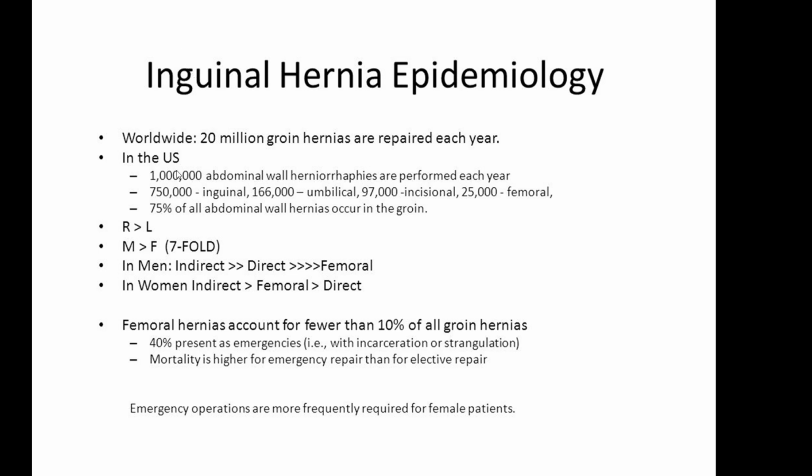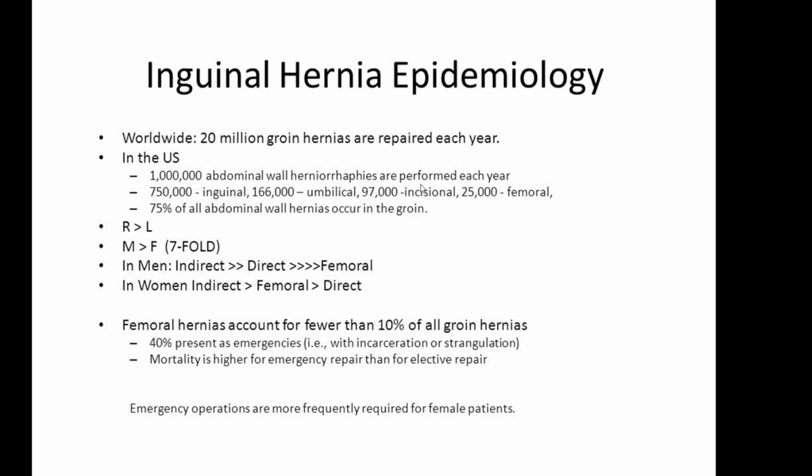This slide shows you the epidemiological aspects of inguinal hernias. Worldwide, about 20 million groin hernias are repaired each year. This is the American statistic. 1 million abdominal wall hernia repairs are performed each year: 750,000 inguinal, 166,000 umbilical,